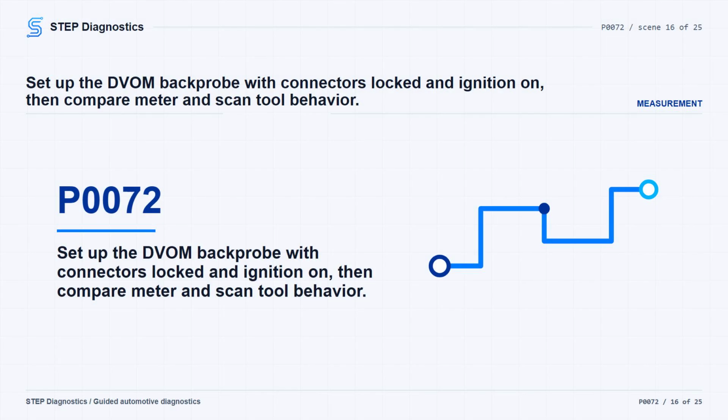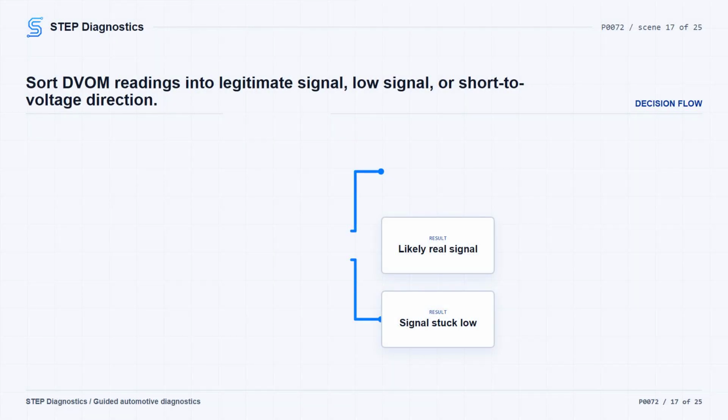If you are using a DVOM, first verify the temperature sensor and ECU harness connectors are connected and locked. Turn the ignition on, back probe the temperature sensor signal circuit at the sensor connector and measure the voltage. If the signal is between 0.1 and 4.9 volts, the sensor signal is likely a legitimate reading. If the circuit fault is active and the scan tool voltage does not match the DVOM voltage, the ECU is